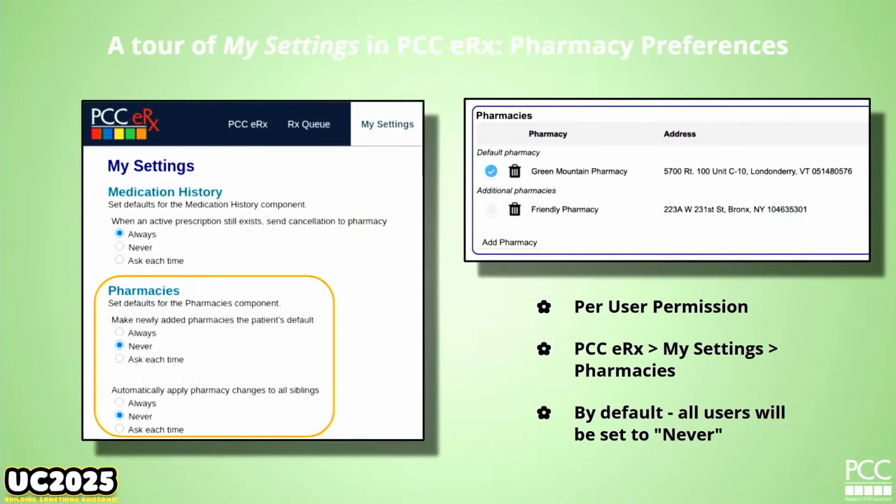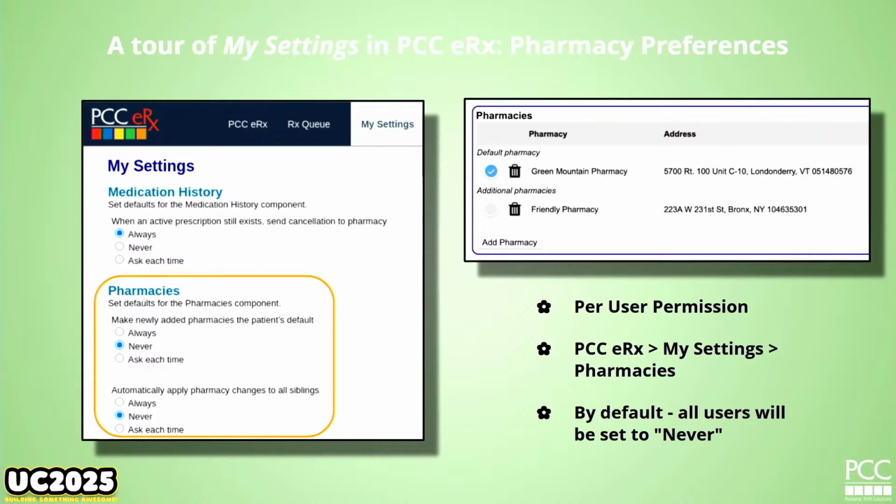We made some changes recently, in the last couple of years, about pharmacies, and so you may not be taking advantage of this either. This is one of the ones you should definitely tell your staff about in case they're not using this. There's two different things happening here. One has to do with the preferred status, and the other one is copying across siblings. And if you've not made updates to this panel, it will be never for both of these. So, again, these are all just your preferences.